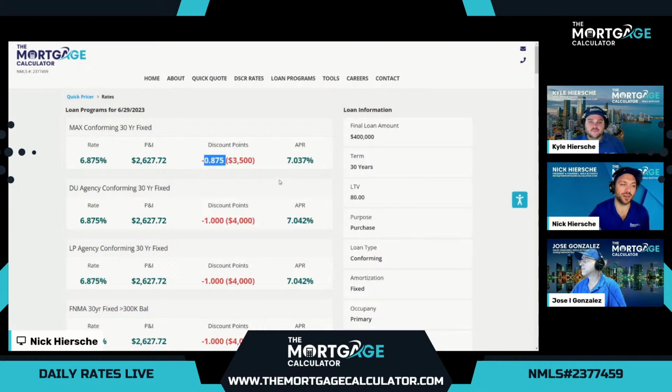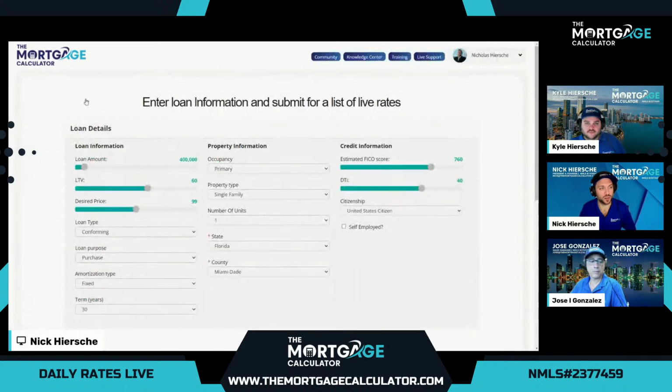for 0.875 discount points and cost. Final APR of 7.037. So remember, APR allows us to compare across the programs. So this is the number that we'll use in order to compare it to the other options. Now, if for any reason our customer doesn't qualify for conventional, typically the next option we want to go to